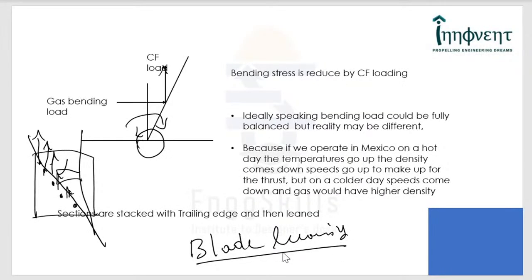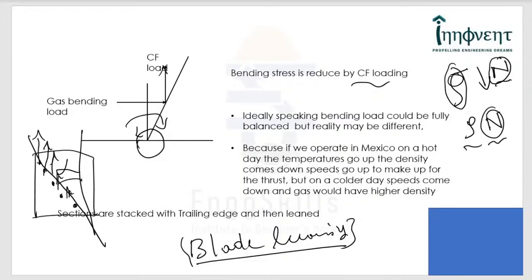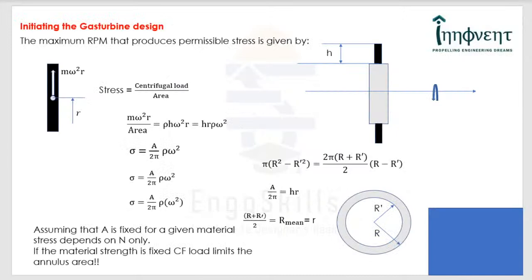now since the blade leaning is a very, very important technology, and it again depends on both CF loading and the RPM, because on a hot day the density will go down because of the temperature, and on a cold day the density will be higher, but the speeds can be lower, and on a